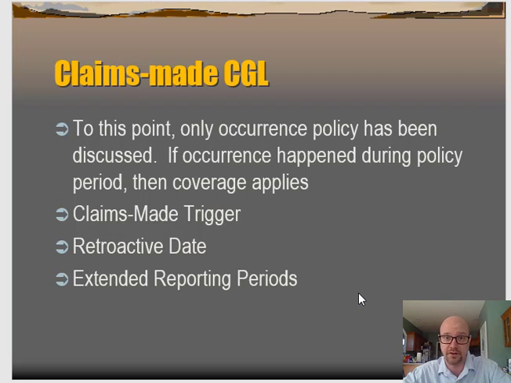That's an endorsement. It's going to cost you extra. But if you're switching from claims made to occurrence, that's something you really have to watch, right? Because your claims made coverage ends 12/31/2020. Your occurrence policy picks up 1/1/2021. What about the stuff that happened in December 2020 that wasn't reported until 2021? Well, it's not covered under the claims made policy because that cut off on December 31st, and not covered under the occurrence policy because that didn't start till January 1st. This extended reporting period helps cover the gap. That's the idea.